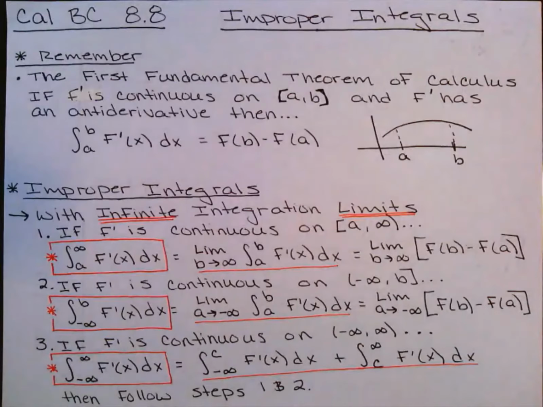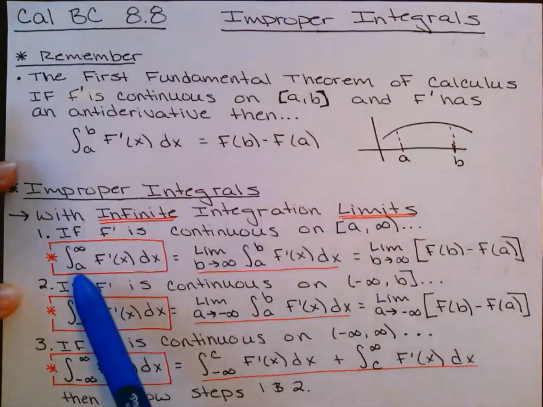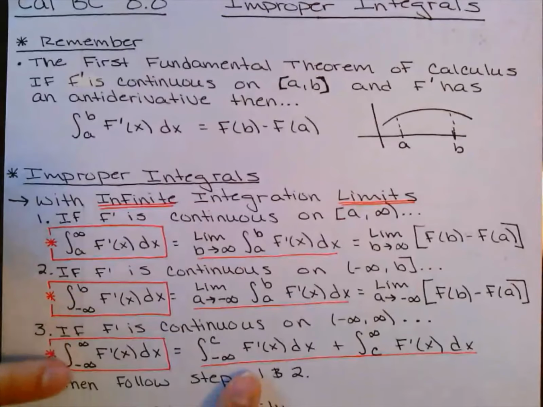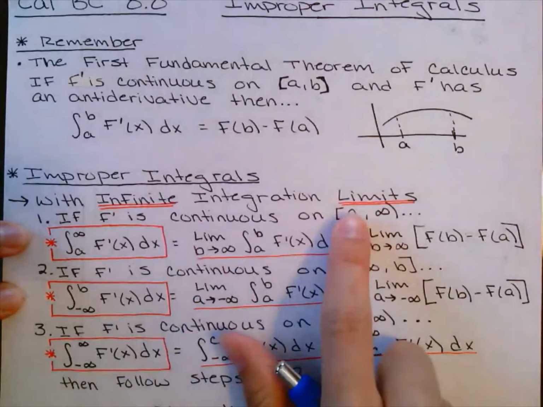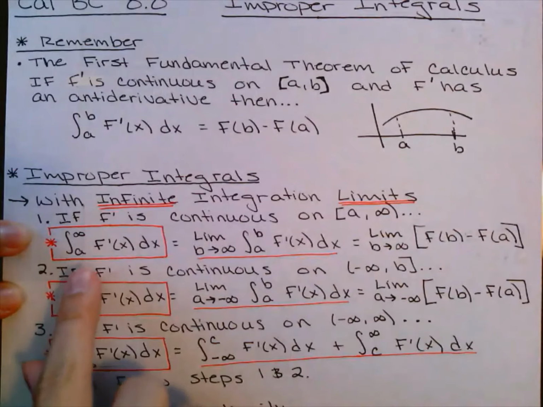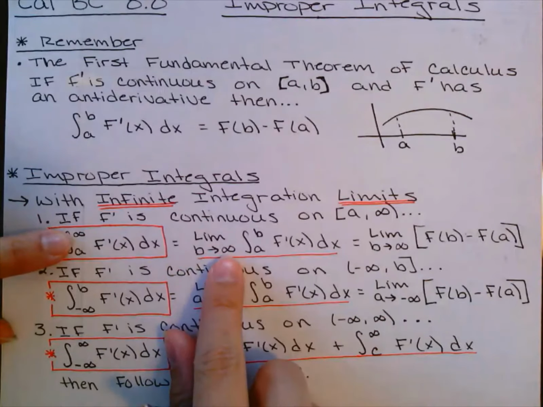There are two types of ways that I can have discontinuities. The first one is an infinite integral, meaning that the limits, either the b on the top is infinity, the a on the bottom is negative infinity, or both cases. Let's look at 1 and 2 first. Assuming that it's continuous between a and infinity, or negative infinity and b, then you're going to use limit notation. If the infinity is in the spot of b, I'm going to say the limit as b approaches